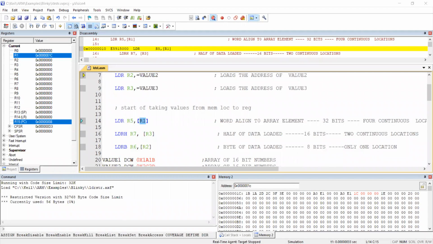If you want 32 bits, how many locations do you have to fetch? Yes, you want 32 bits, so we have to fetch 4 locations. Starting from which location do we have to fetch?